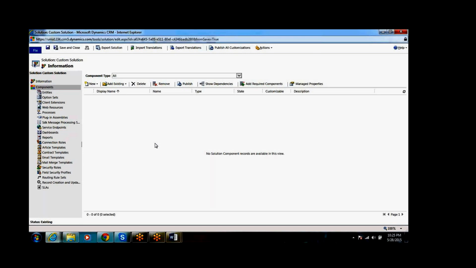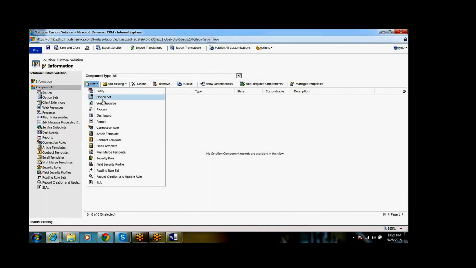When you start working on a project, first we have to define the publisher. That is the very first step for the developer, and next we have to create the solution. Now we have created the custom solution. Here we can find some more options in the solution. If you click Create new, whatever components you want to create, you can create from here.